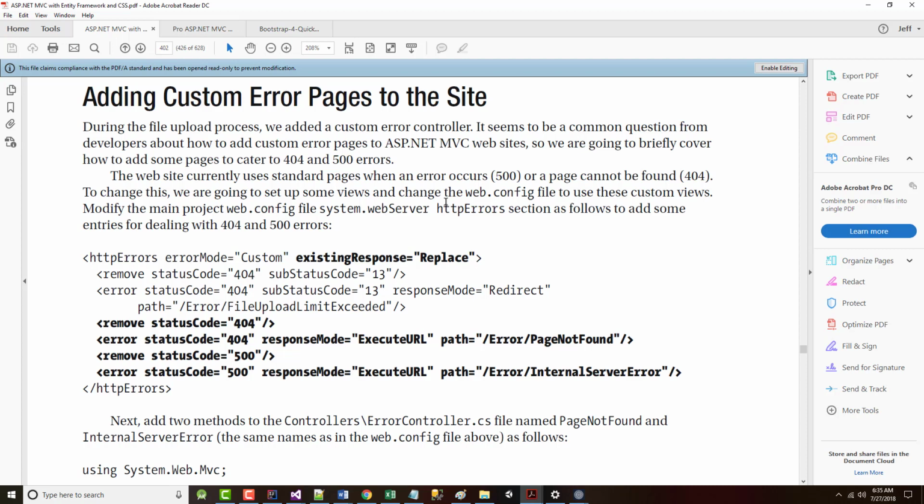Now, one thing about this is, again, as a developer, you're constantly working with the people you're creating the application for, but sometimes they don't know what they want, and this may be the time where you've got a common look and feel in a website that you decide for error pages you want it to look different. The website currently uses standard error pages, 500 when an error occurs, 404 for a page not